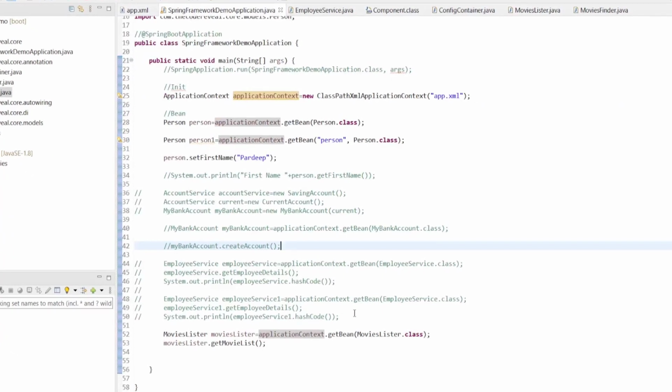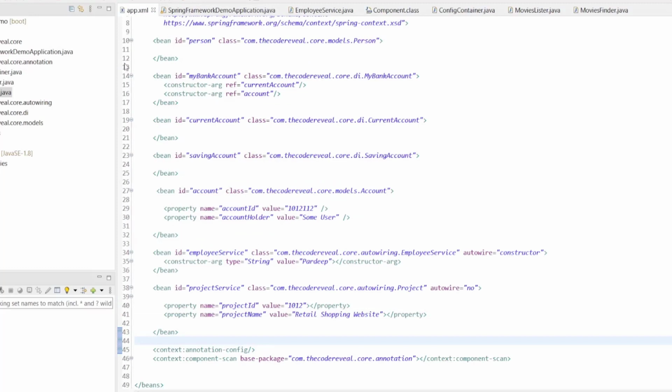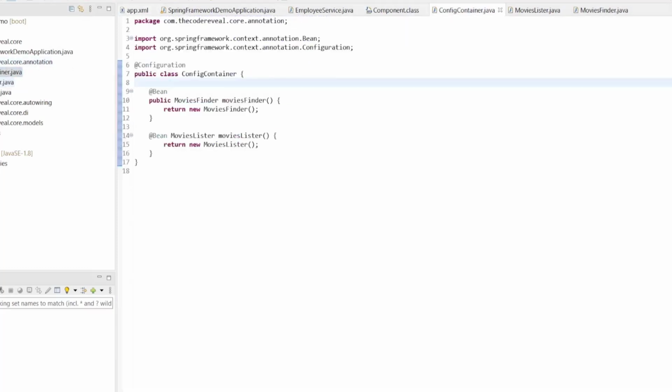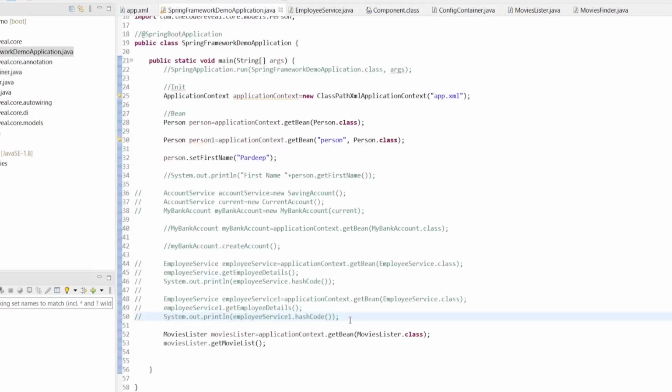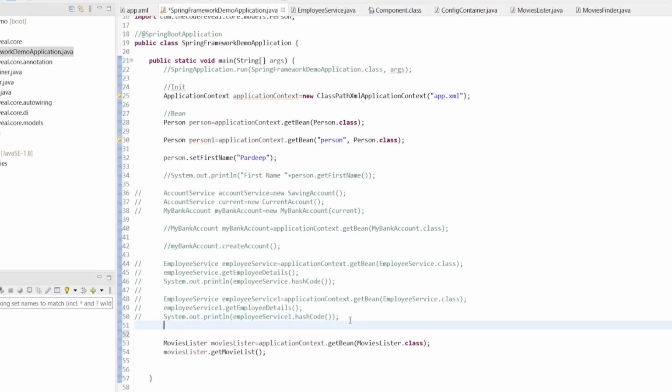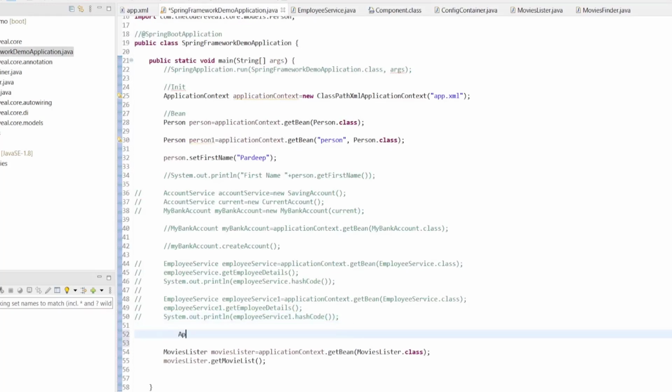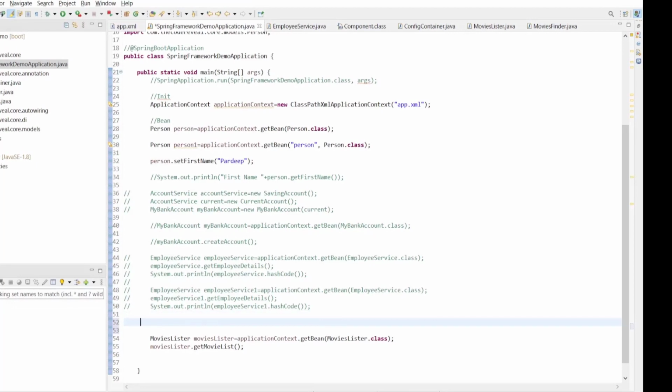Next, for the Java based container configuration, we have seen that we are defining all the beans in the app.xml. So we have created here a config container. So we'll use this container in the Java based container configuration. So let's see that. Let's create a new application context, that is the IOC container.